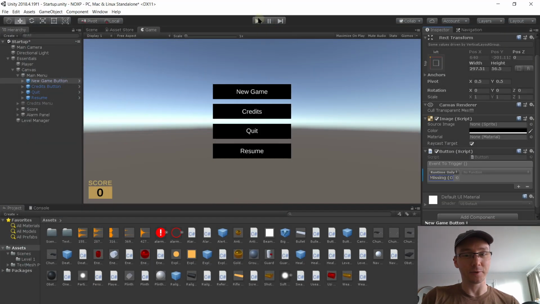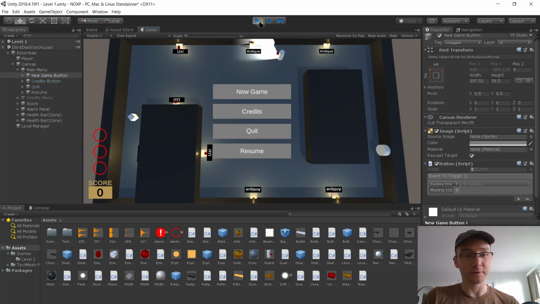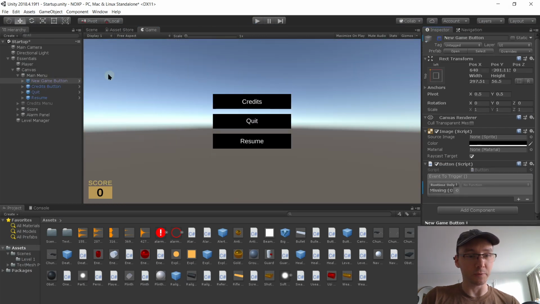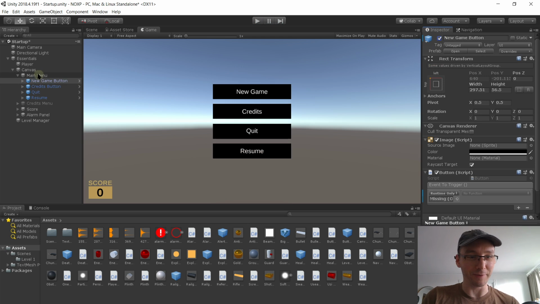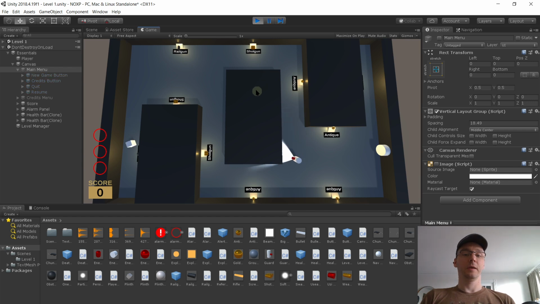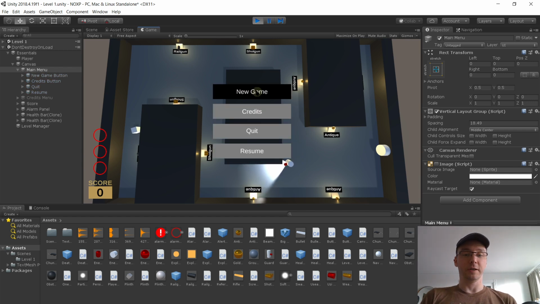We're still in startup, so I should be able to just click play. I probably shouldn't have enabled that. No, I shouldn't. That was stupid. Let's get out of this. I enabled that just so you could see what I was talking about. Not just the new game button, the whole main menu should not be enabled on startup. When I start the game and bring it up and I play a new game,